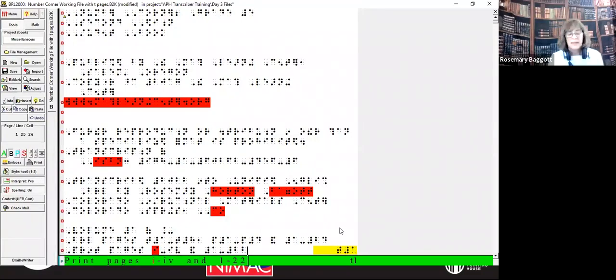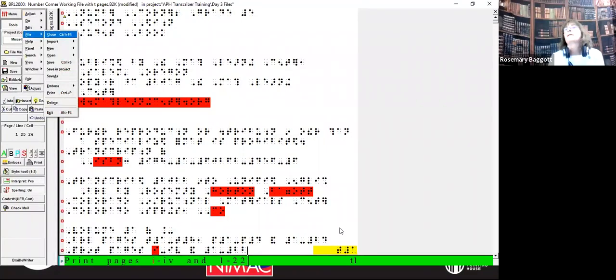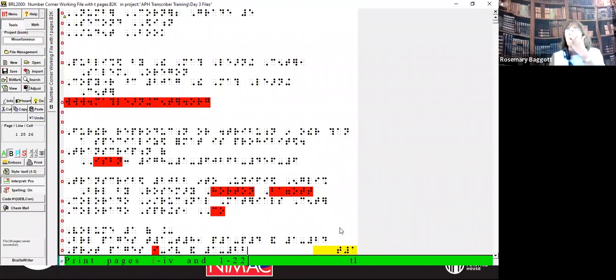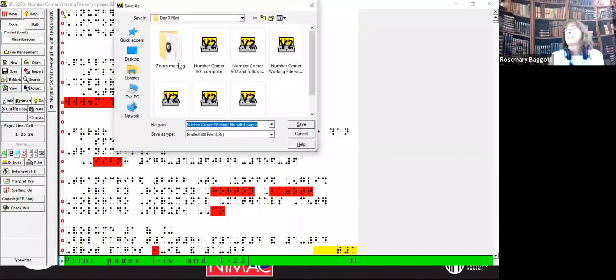Now I'm going to save this file. So I've saved my volume 1. I'm still going to have to get rid of that stuff at the end. That would be the next subsequent volume, but I'm not doing that until I also save it someplace else. I've done that in the past and it's not good. So I do Save As, and I'm just going to say volume 2.